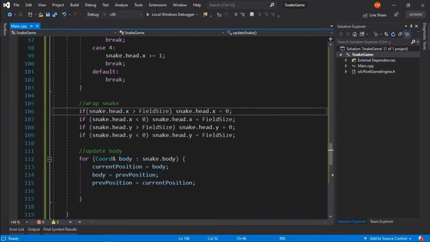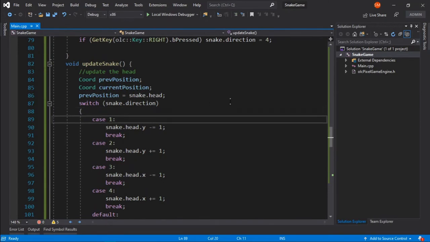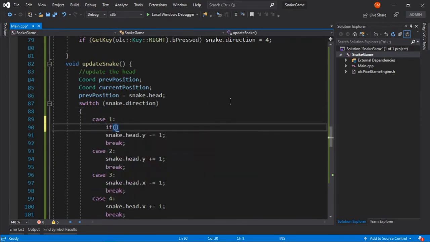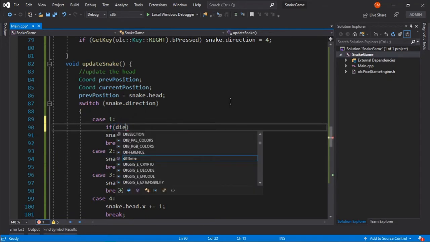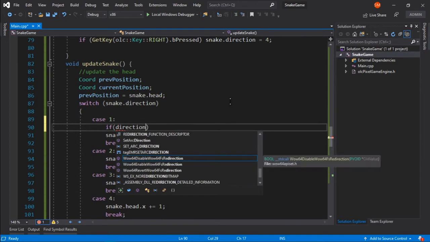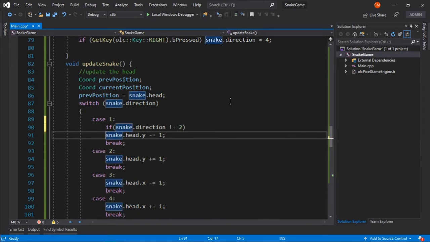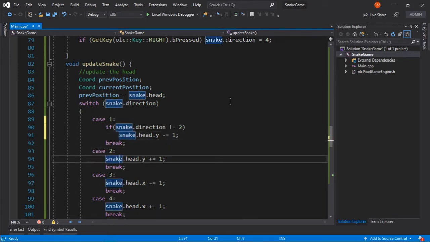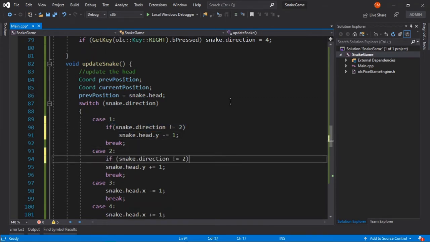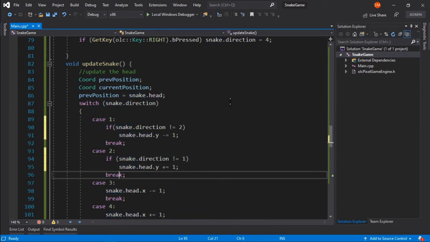So to fix that, what we can do is simply check here that if snake dot direction is not equals to 2, only then we want to allow this to happen. And the same thing goes here. We'll just check if snake's direction is not equals to 1, and if it's not equals to 1, then we want to allow this.